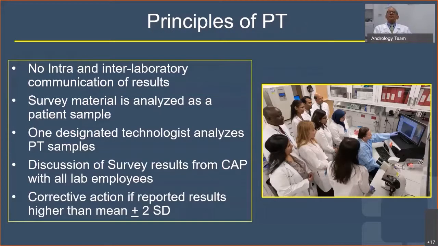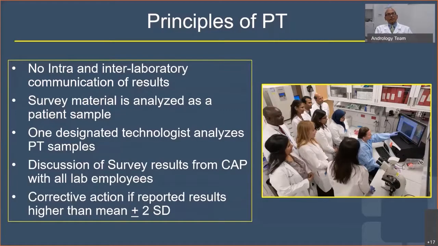So some of the principles of proficiency testing that we should keep in mind is number one, there is no laboratory communication. And if the lab has multiple labs around the city, then they cannot communicate those results within their lab as well as in other labs. The communication of the result is strictly prohibited, and the survey material is analyzed as we would analyze a regular